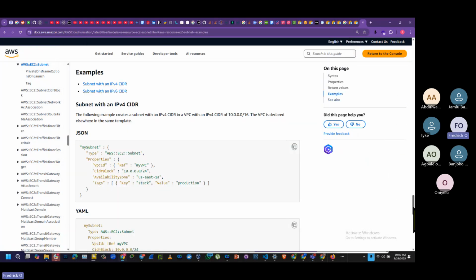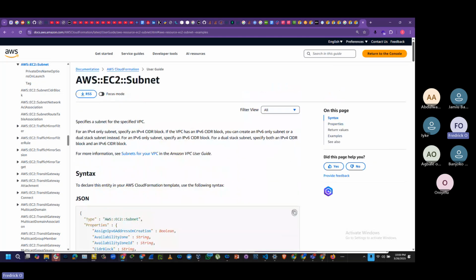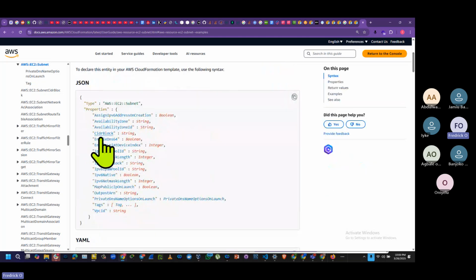Okay, so this is where we came. If you come here, you're going to see that for this subnet, these are all the properties that can come with it. If you look here, can you see Map public IP on launch? Take note, because we're using S3 there, I may not need a public IP. Does that make sense? But if we were working with an EC2 instance,